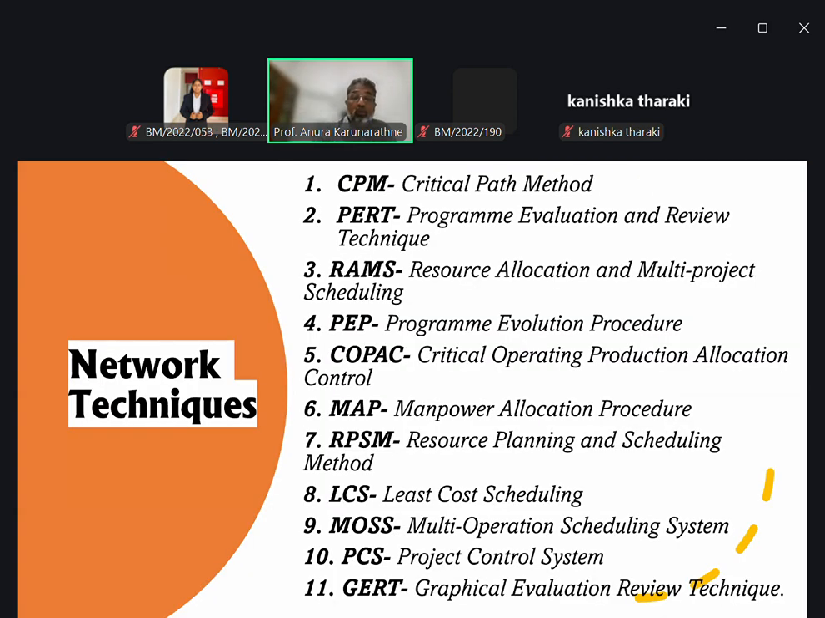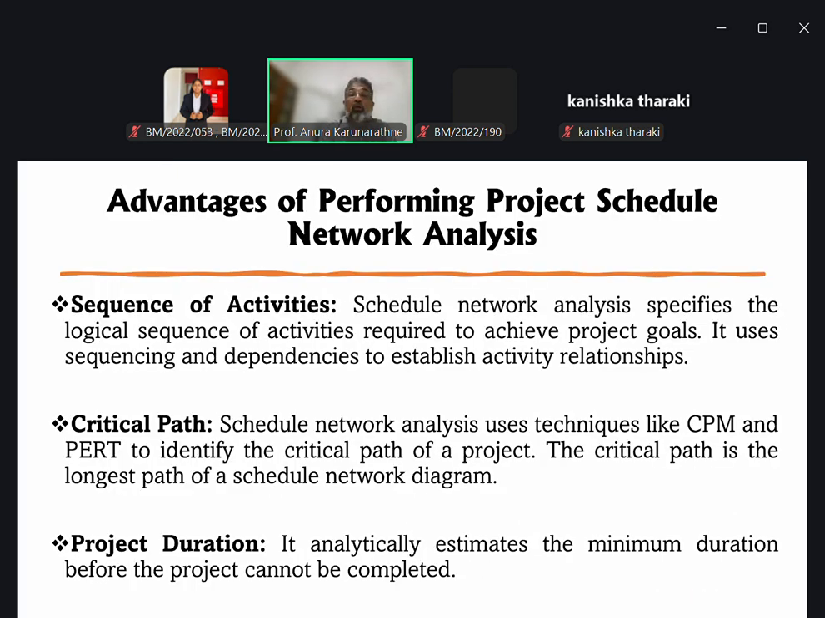So if we go to make different kinds of decisions actually. So within the project management process, we can use network analysis in different ways to make decisions, right? Now here, as I mentioned earlier,